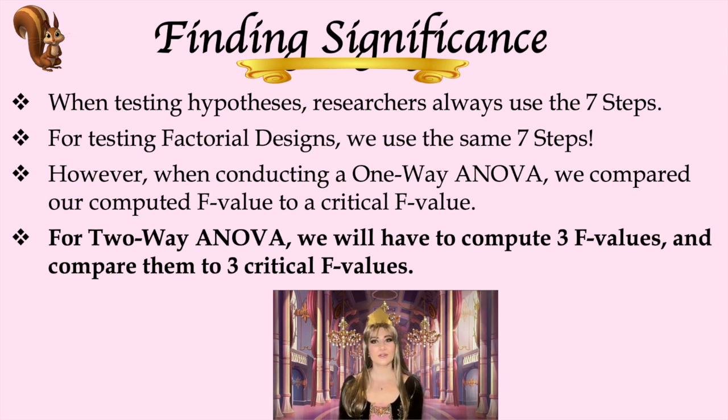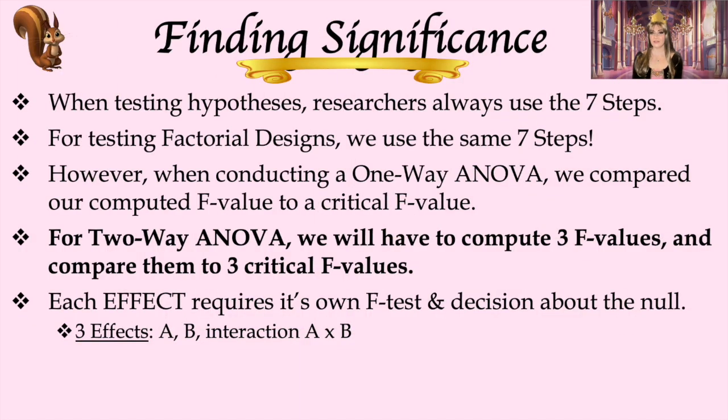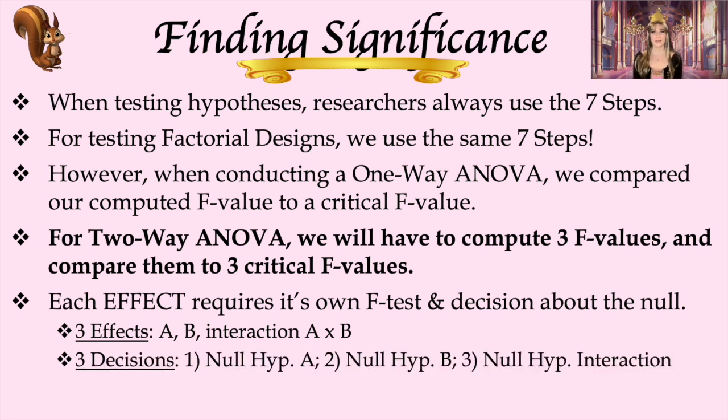So where are these 3 effects coming from? Well, we know we have 2 main effects because we have 2 independent variables and we have 1 possible interaction effect of those 2 variables. So 2 main effects plus 1 interaction gives us a total of 3 possible effects. Each effect, each variable is going to have its own hypothesis. So if each comparison has its own hypothesis, that means I'm also going to have to make 3 different decisions